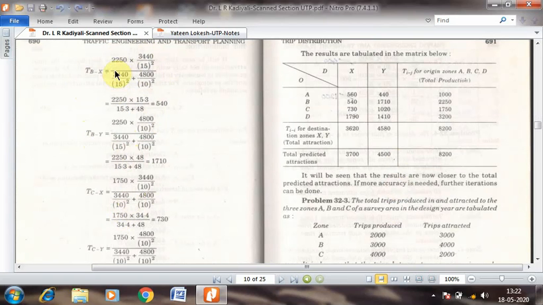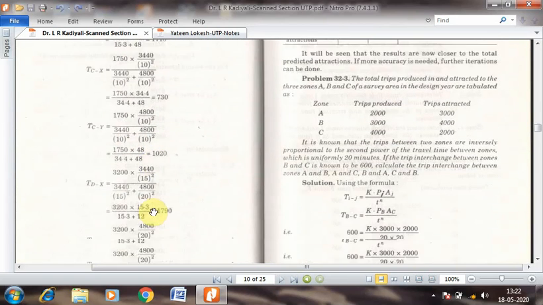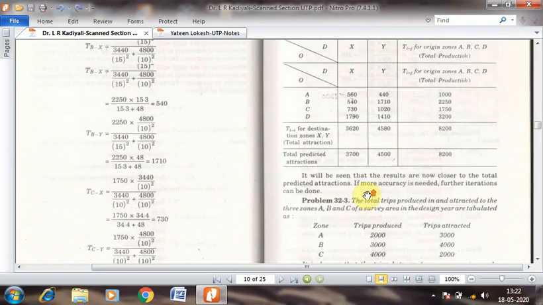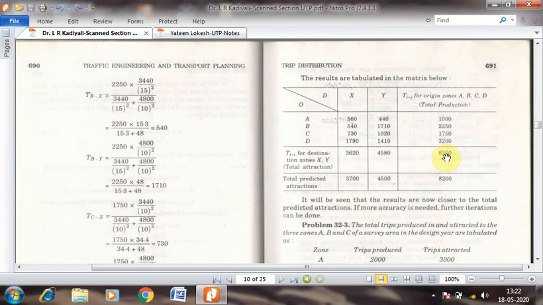So once you have put all these contents into it, you will be again retabulating them in the form of a matrix like this. Okay, so in this OD matrix you have the origins and then the destinations. So the new elements for this matrix would be all these. Okay, and these are the TIJs for origin zones A, B, C and D, which are the productions. Okay, 1000, 2250, and then 1170, 3200, all these have been already given to you in the problem.